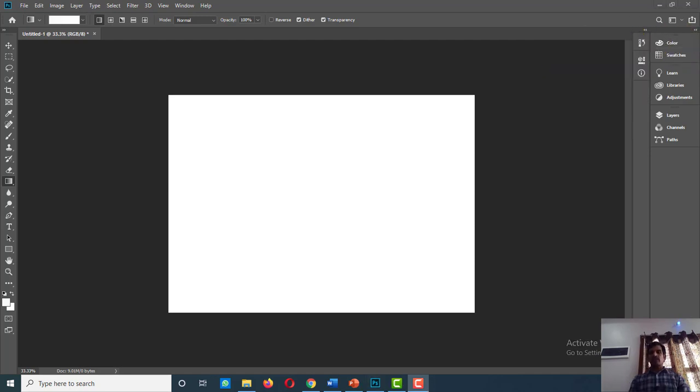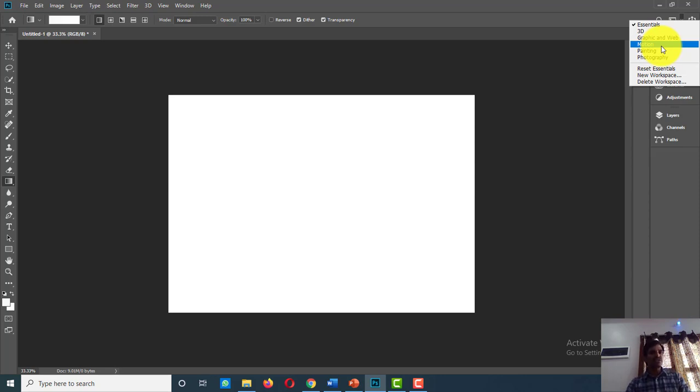Next one is workspace. You can find workspace in the top right corner, and the default workspace is Essentials. The Essentials workspace is a general all-purpose workspace with an interface layout that's suitable for many different types of tasks. A workspace in Photoshop is a preset collection and arrangement of various interface elements. A workspace can control which of Photoshop's panels are displayed on the screen along with how those panels are arranged.